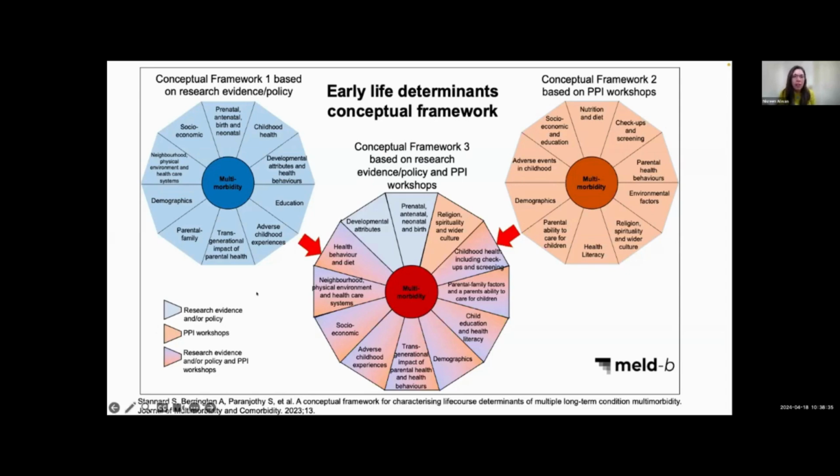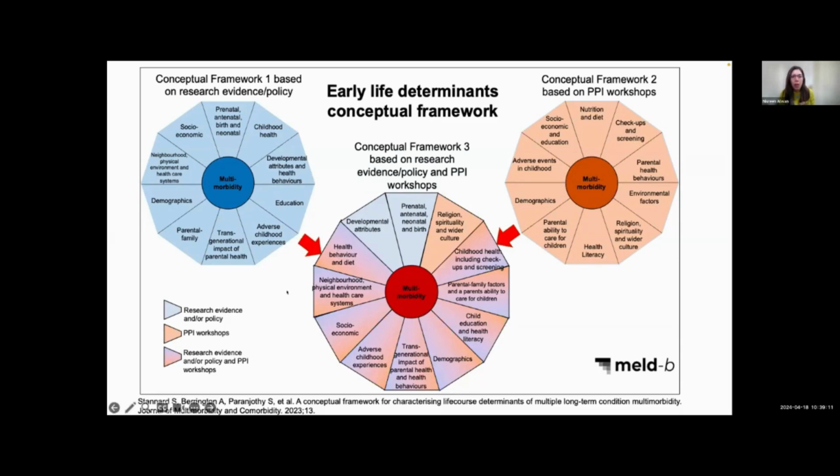So what we did to kind of start conceptualizing this, we looked at the literature, we looked at the policy, because we really want our findings to be implementable and meaningful in terms of practice. So I wanted to know, what is it that people think is modifiable and we can work on, and we'll come to the modifiable bit a bit later. But we then did a kind of a literature review and conceptualization, but we thought, well, that is biased in itself because it doesn't cover everything. It's what people have focused on.